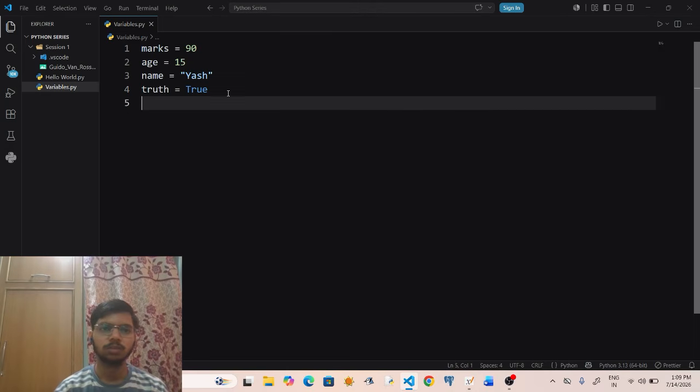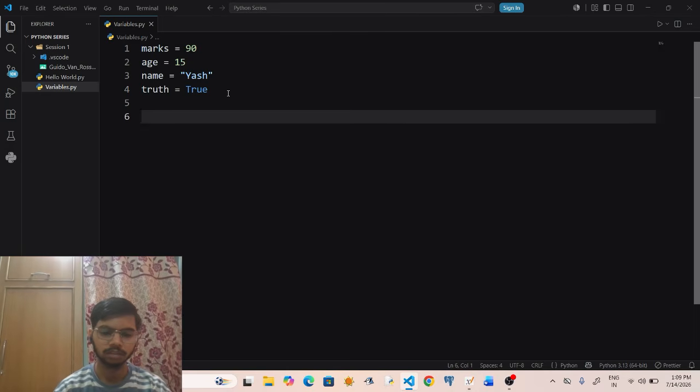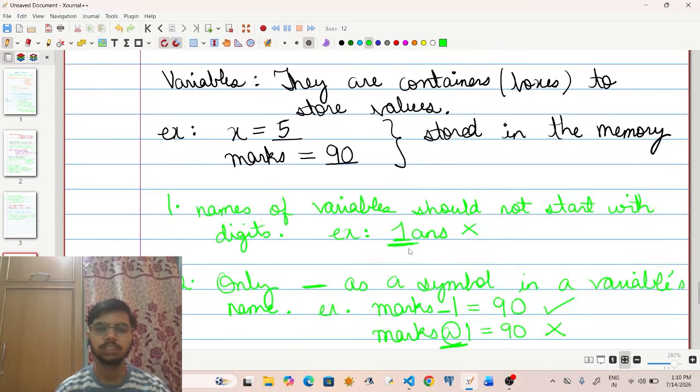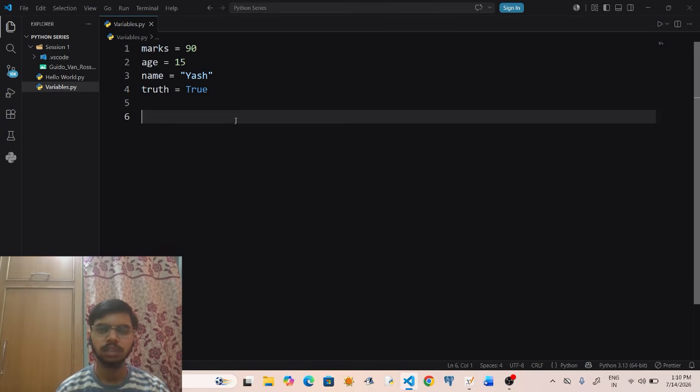Okay, so let me write the variable names. See, the first condition was names of variables should not start with digits. Let us see if I give a variable name which starts with digits. I say 1name.